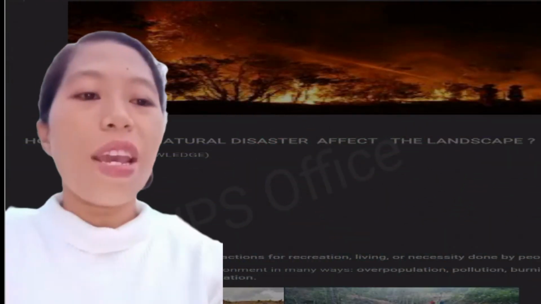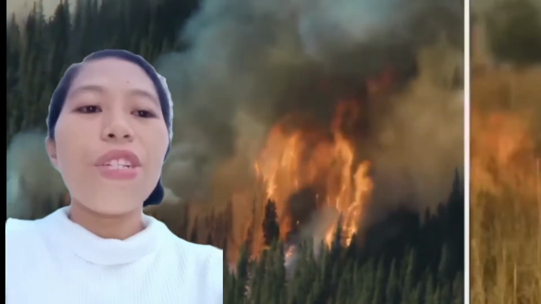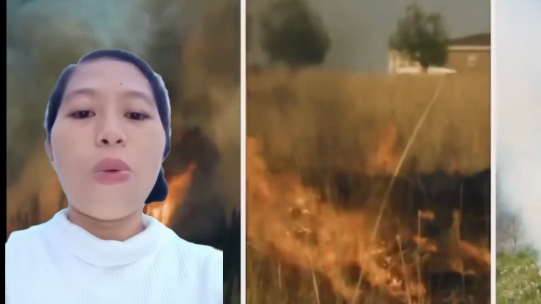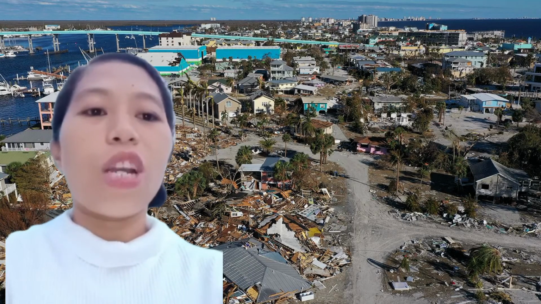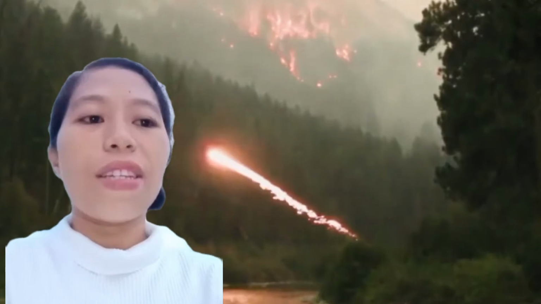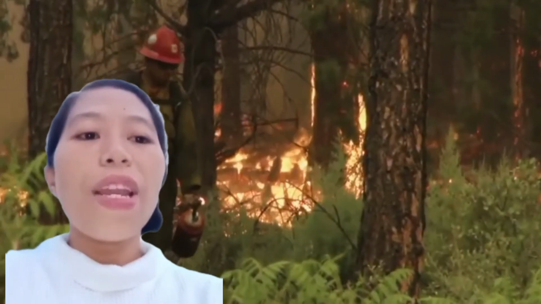How does a natural disaster affect the landscape? Other disasters such as wildfires, floods, and tornadoes can completely defoliate forests and cause other types of structural changes to ecosystems. Many human activities increase the rate at which natural processes such as weathering and erosion shape the landscape.